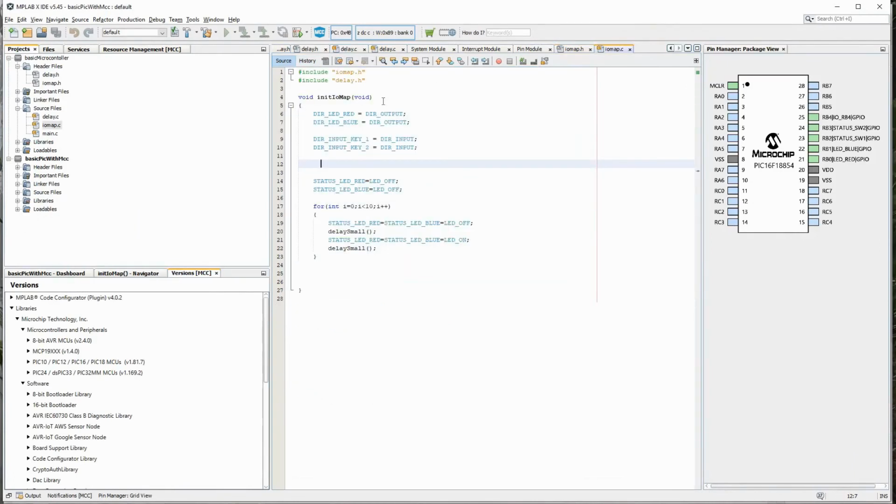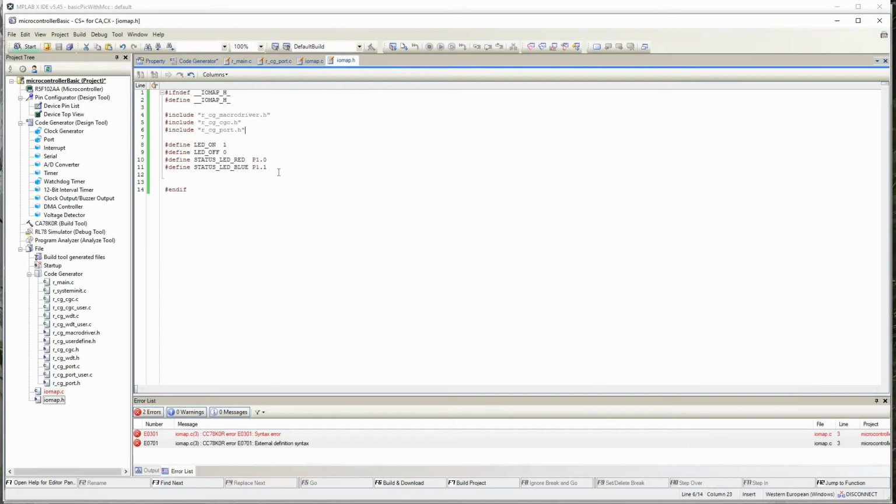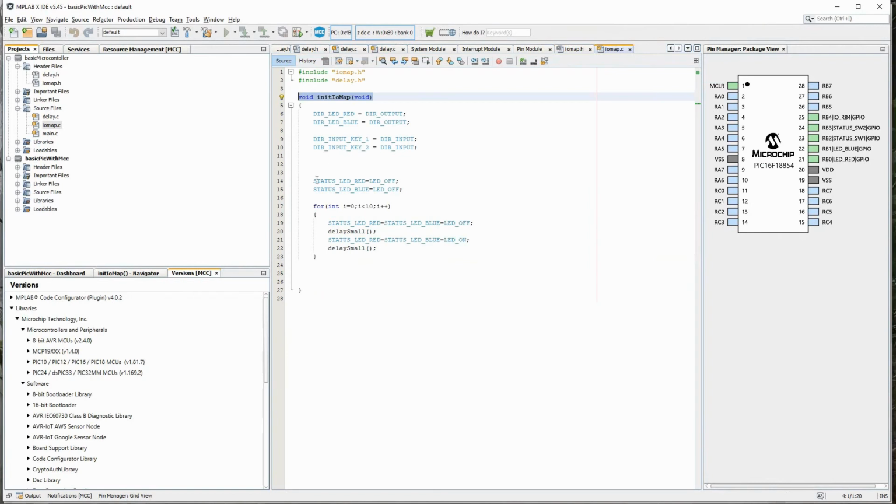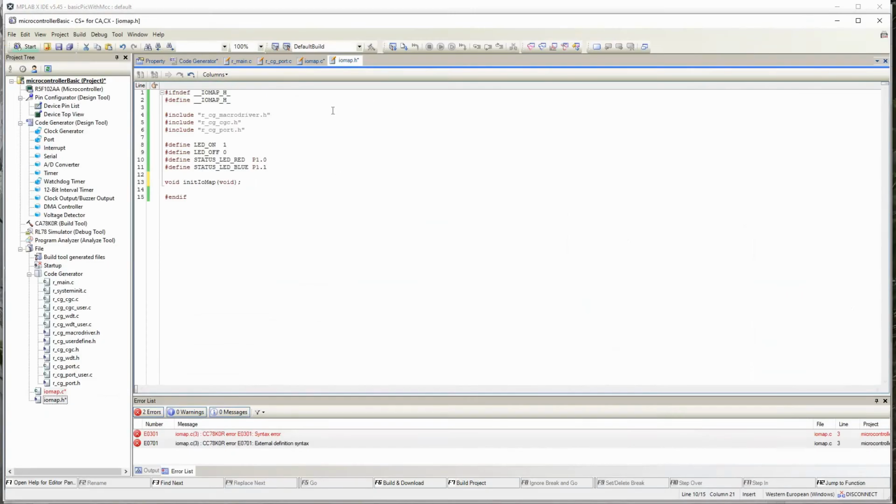Then in iomap.c we had written a function initialize iomap. So let us put a prototype for this and write this function, iomap initialize. Here we can just copy the code from here, both the LEDs off.